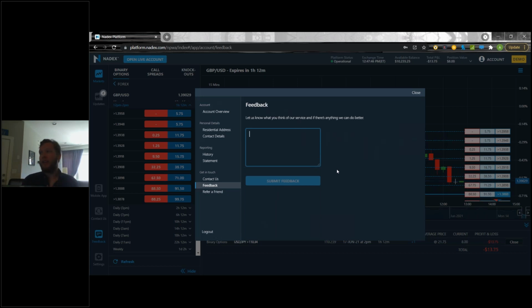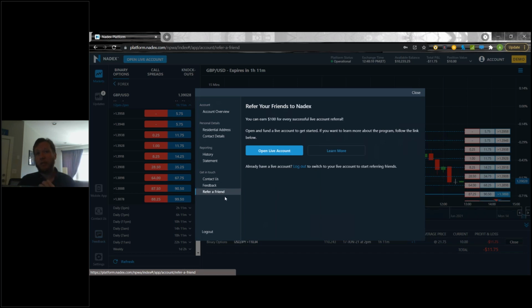I'm not going to sit here and tell you that every single thing that goes in here is going to immediately be put on the platform. We do have to prioritize everything, and we do have to actually work on it. It does take time to get everything in, but we do read this feedback. And a lot of the stuff that we have added has been because of feedback that has come into the feedback box. Stuff like the tear off tickets, which I'm just realizing I forgot to show, so I will go back and show that in one second.